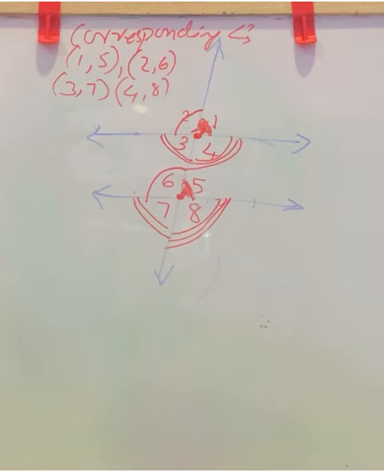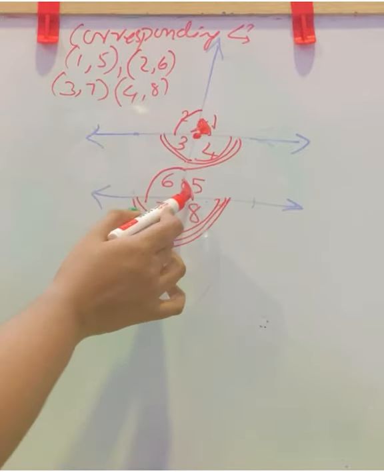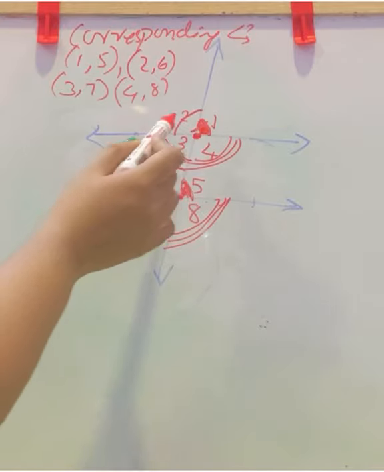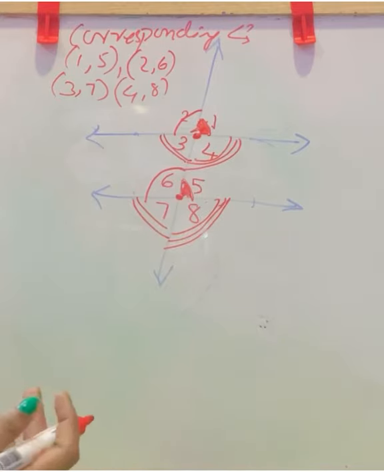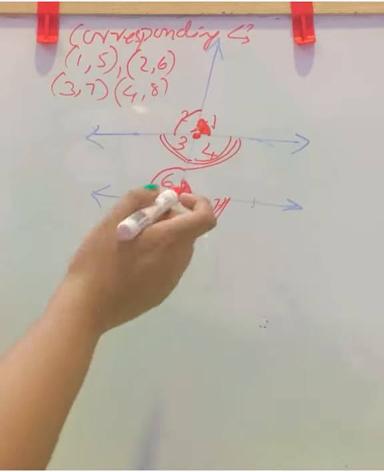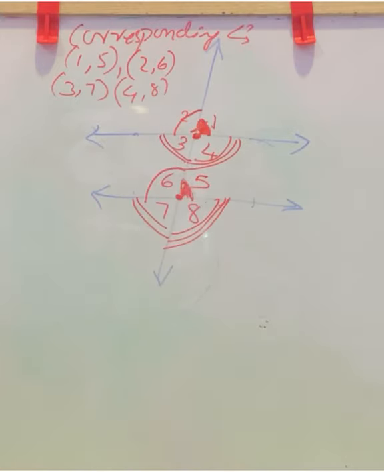And do you know what corresponding angles are related to? That is, corresponding angles are always equal. If we have a value here on y, it is same for 5. That is, these two angles have same value. Now 2 and 6 will be equal. 3 and 7 will be equal. 4 and 8 will be equal. If one angle is missing and if we know the angle 1, then we can say the value of the missing angle because we know 1 and 5 are corresponding angles.